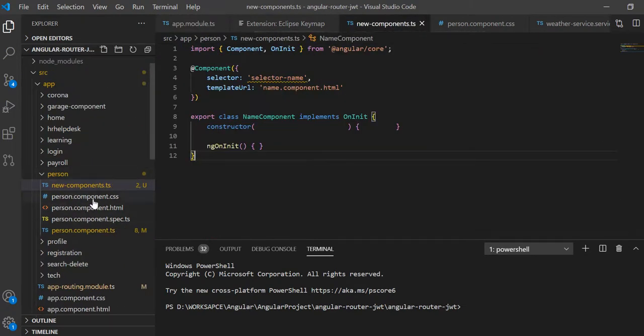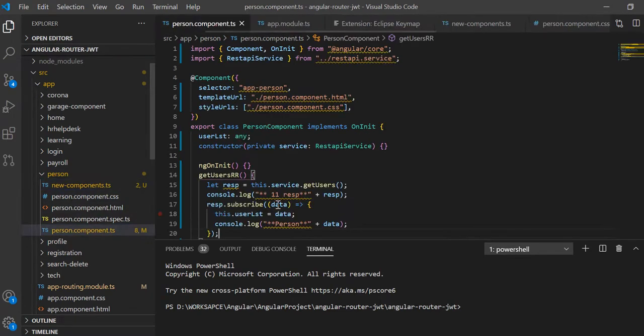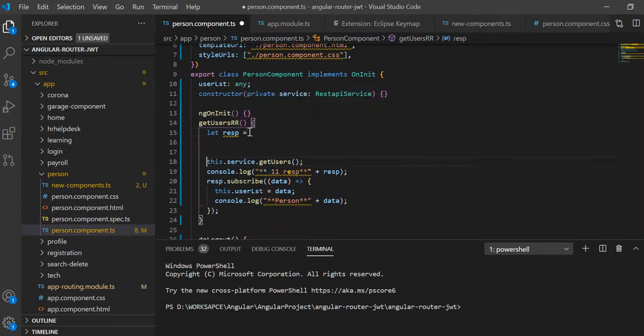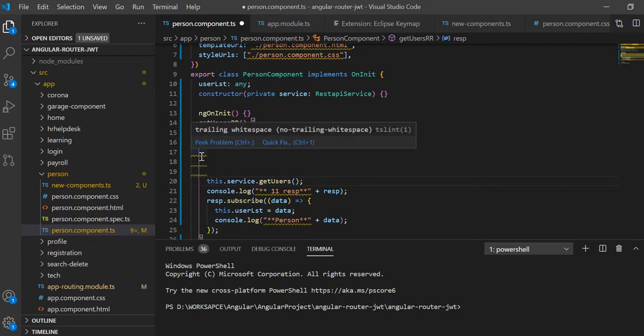For example, let me open anything here, person component. Okay, so here if I give it like this, what do I get? Trailing white space it's giving, right?